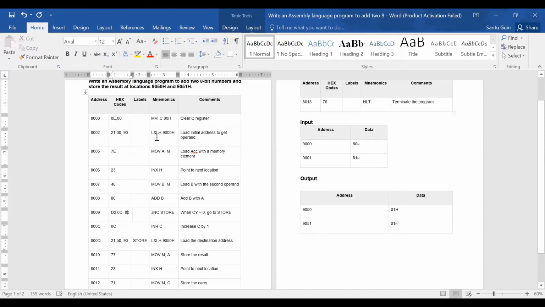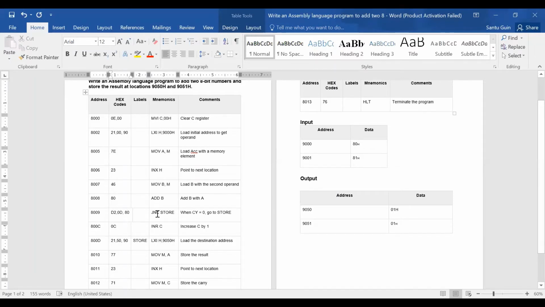Okay, so after that, MOV A, M, the machine code of MOV A, M is 7E. Then ADD B, MOV B, INX H is 23, then MOV B, M is 46, ADD B is 80, JNC is D2.